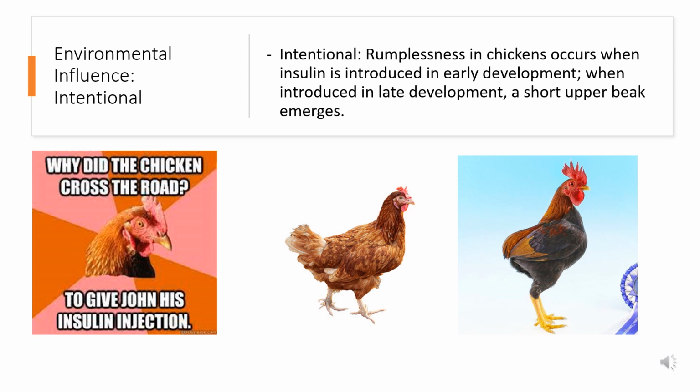So this is an example of a scientific experiment in which insulin was given, something that is very abnormal for chickens. And when it was administered in very early development, we see a very abnormal phenotype change. Although the genetic material of the chicken remains constant, the phenotype is changed based on an external treatment or an external environmental influence that was intentionally provided to this chicken. This does not occur naturally in the wild, and so we see a very abnormal phenotype that is produced when insulin is introduced to a chicken.